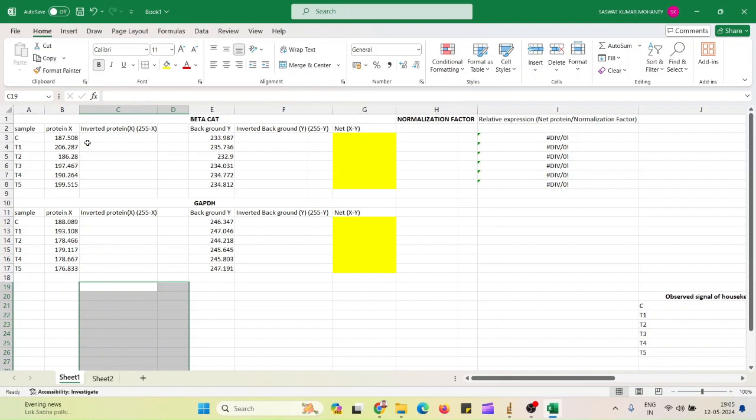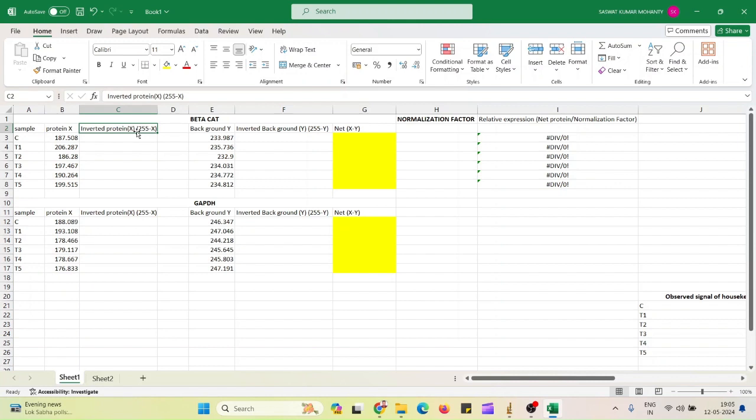If you take a completely white image without any single dot, any background, for a white background we get a mean of 255. Are you getting it?